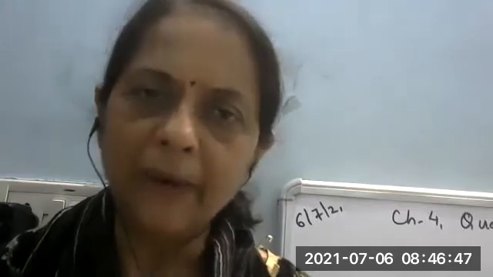Yes, all of you. And then if nothing works, we go with the fourth method, which is called splitting of the middle term. In splitting of the middle term, what do we do? We try to make the factors of the product of a and c in a manner so that on adding two factors or on subtracting two factors, the result comes as the middle term of the given general form ax square plus bx plus c. So these four things we have already studied in our junior classes, and in class 9th also we have learned how to make the factors.